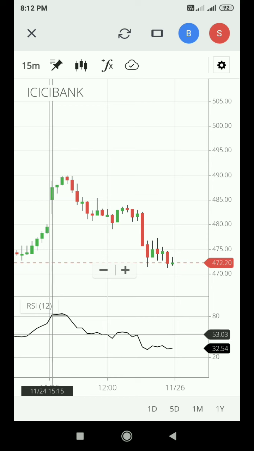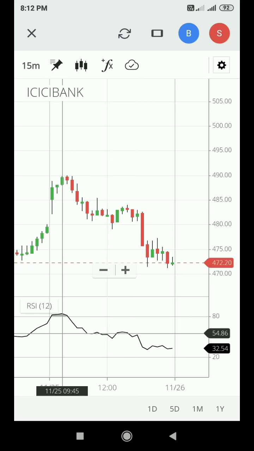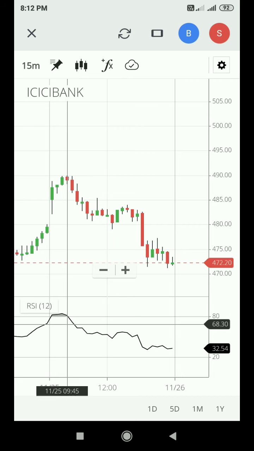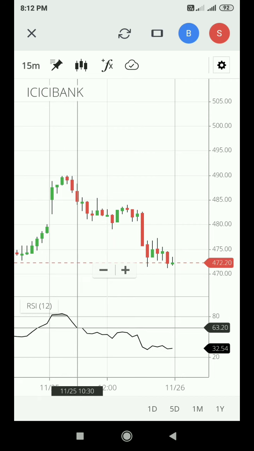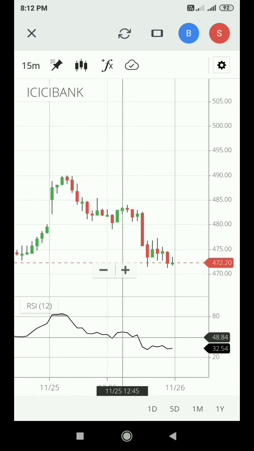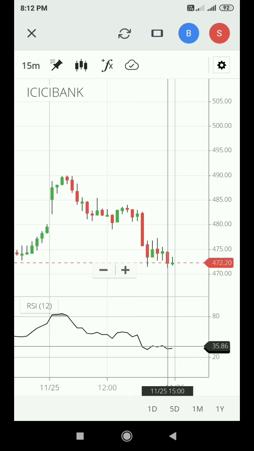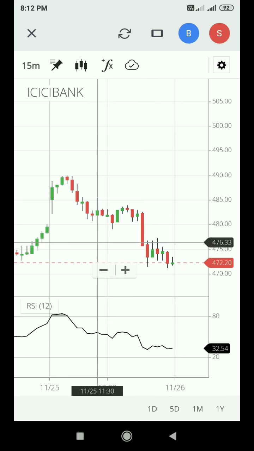This is the starting point with the gap up. The first one is overbought, the second one is overbought, the third one is overbought, and the fourth one is down from overbought. At this point, RSI comes down from the overbought zone, and we take that candle's low as the entry point, and see the profits, how much it goes down during the whole day.